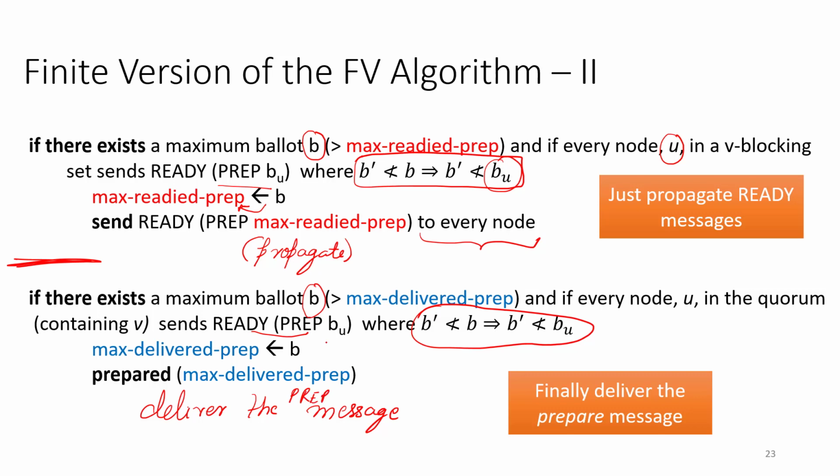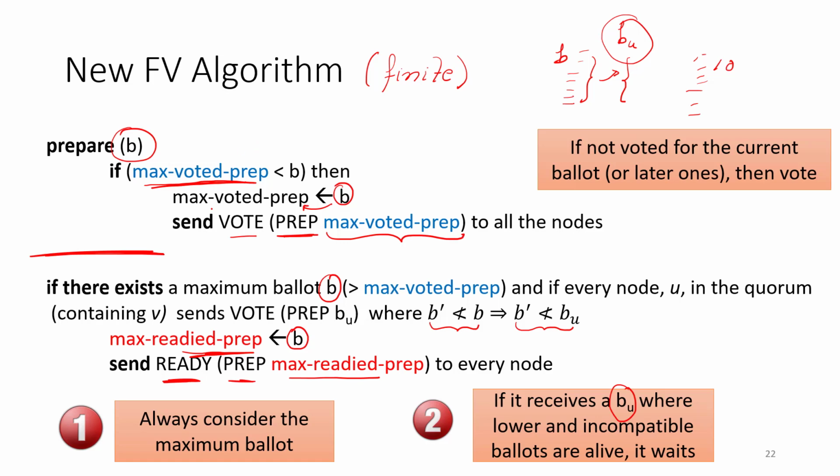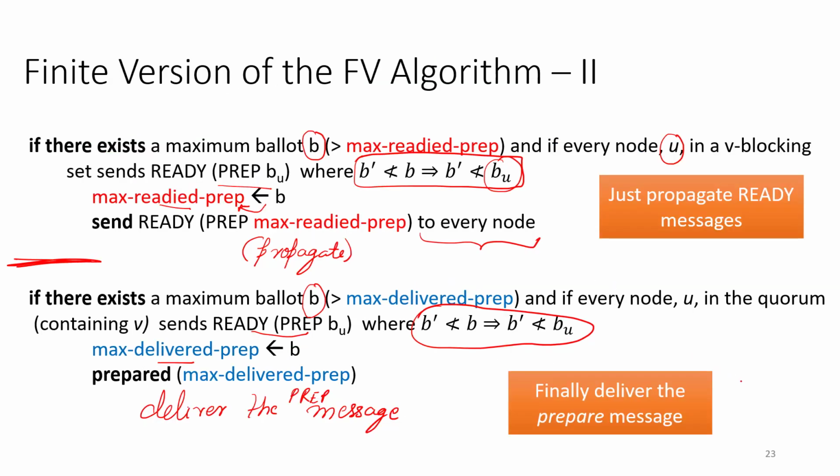So the key idea is the same. We are not changing anything. In the earlier case, we had a Boolean variable. The Boolean variable was just saying for this tag, if you have not prepared, then prepare. If you have not delivered, then deliver. In this case, we are saying that the variables max ready prep and max delivered prep, and in this case, max voted prep, will all increase monotonically, which basically means if something has happened for one round, it cannot happen again. It's the same thing. And so this is again a two-phase process with exactly the same restrictions and limitations. It is just that we maintain finite state.